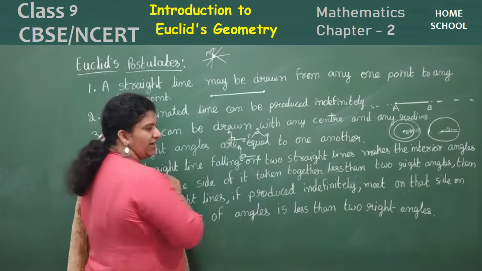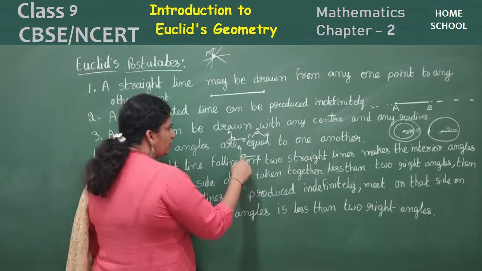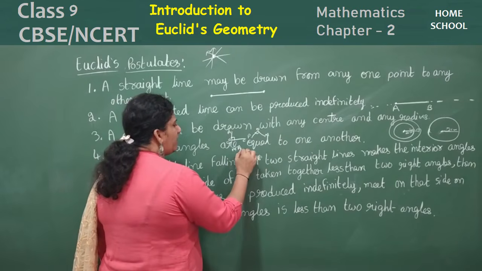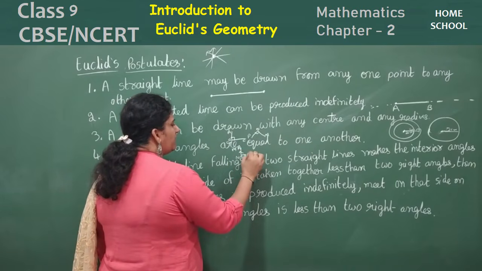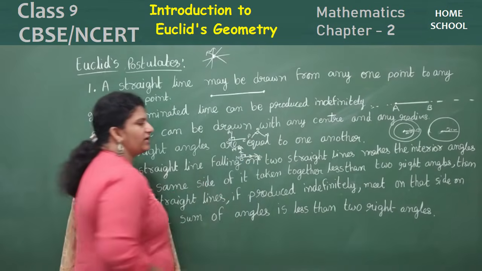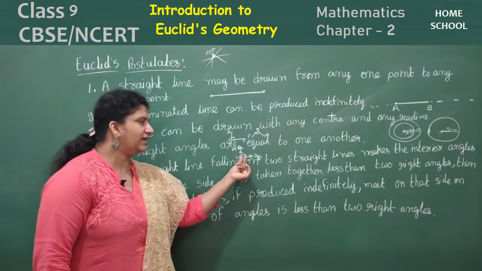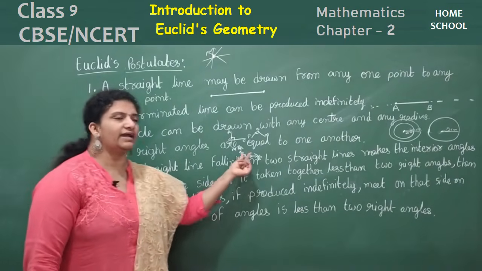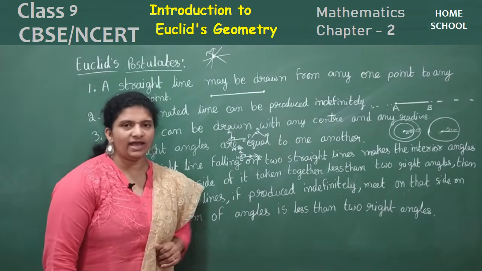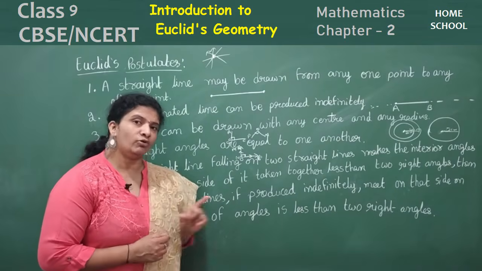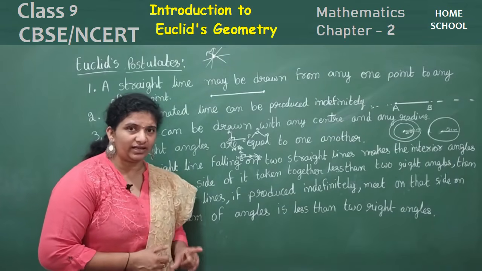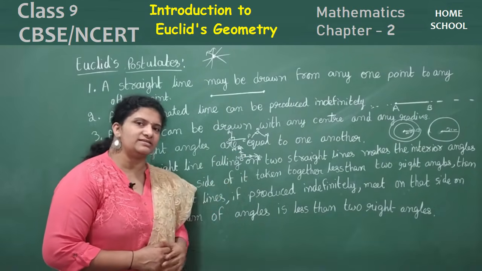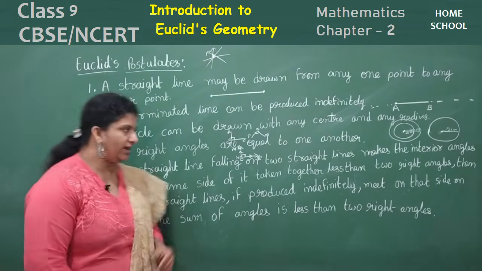ABC is a right angle, right? And if you mark MNP again and overlap, what happens? It might be here and this right angle might be here. If both the right angles are overlapped, what can you say? All the right angles are equal to one another. Why? The two lines are perpendicular to one another. So if you replace one by the other, you can see that all the right angles are equal to one another.